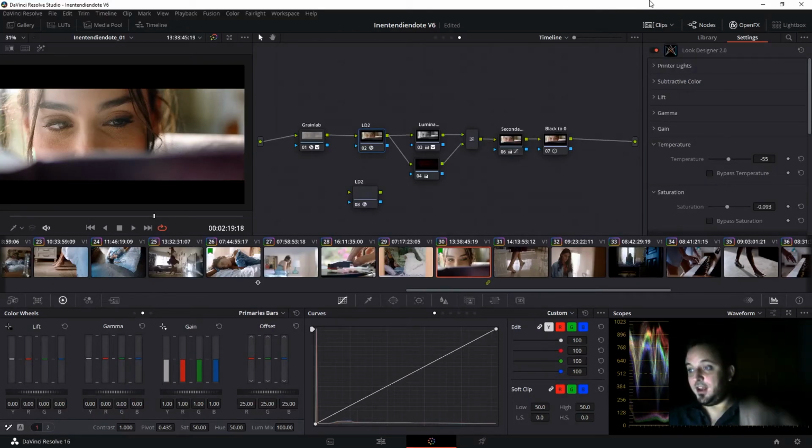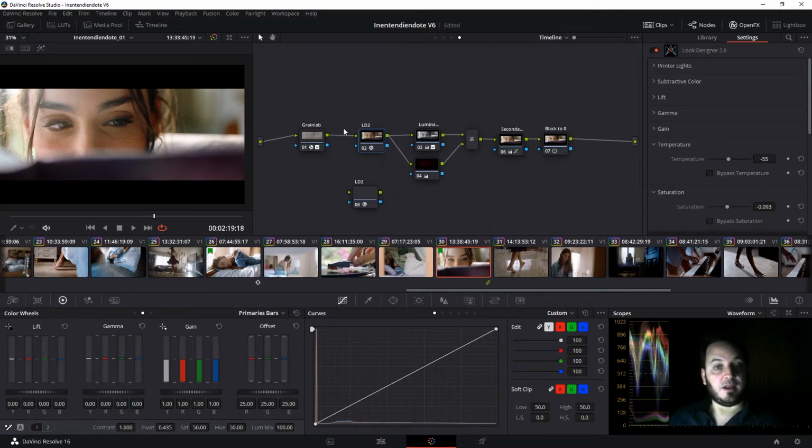Okay, great. Here we are in DaVinci Resolve, and I'm very quickly going to show you how I used Look Designer to build this look. This is a short made by my friend Juan Chapa. He's an amazing director from Argentina. You should check his work, it's really great. And he was kind enough to lend us this footage so that I can show you how I used Look